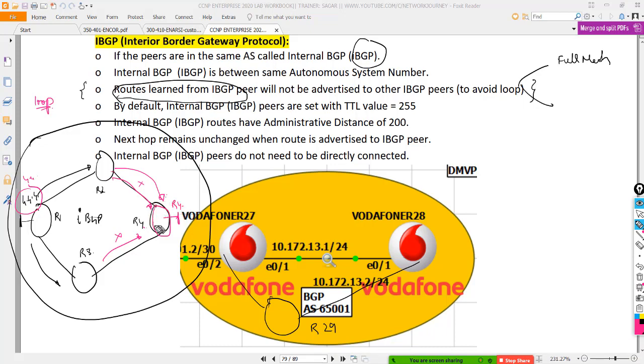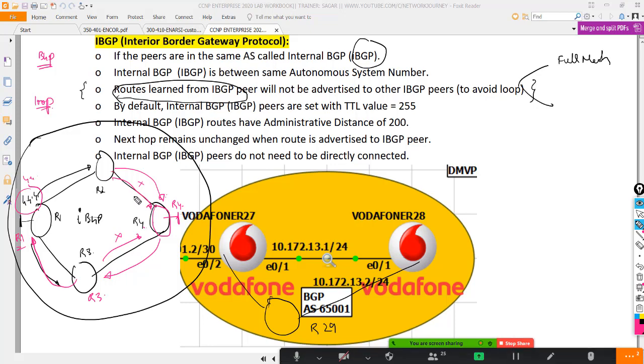Now that route would have been advertised again to R3, and R3 would have advertised back to R1. That would have formed a loop. So by default, BGP is not going to advertise. Very simple: I'm not going to advertise, and I'm not going to create any looping in my enterprise.